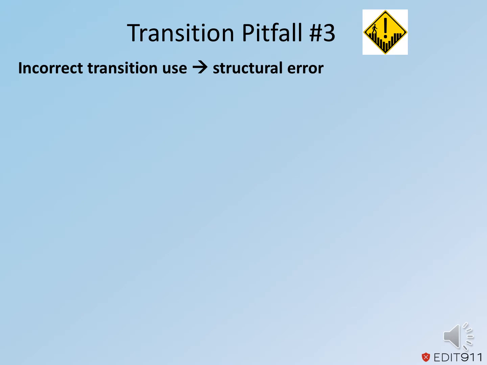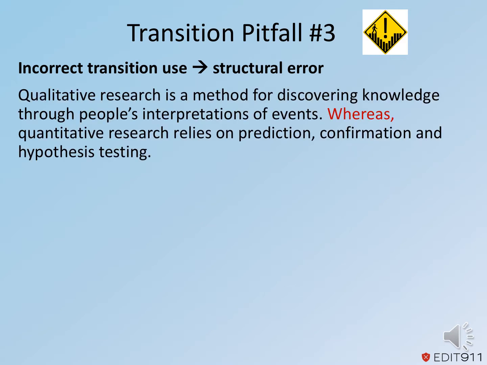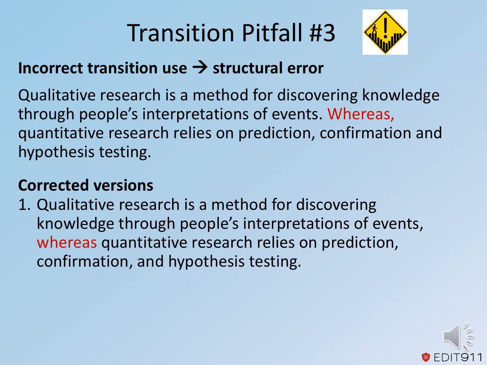The third pitfall is the incorrect use of a transition that creates a sentence structure error. This example shows whereas as a standalone transition at the beginning of a sentence. But whereas is the type of transition that must introduce a subordinate clause within a sentence. There are two ways to fix this. First,